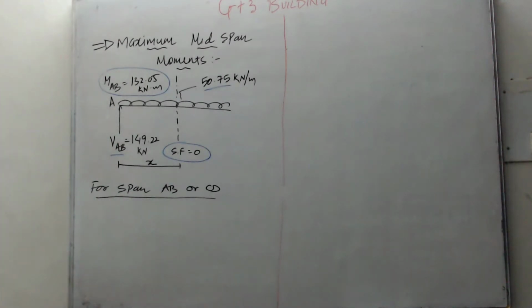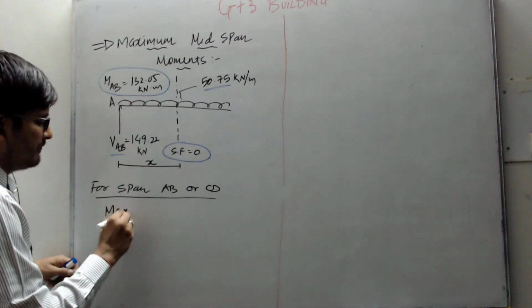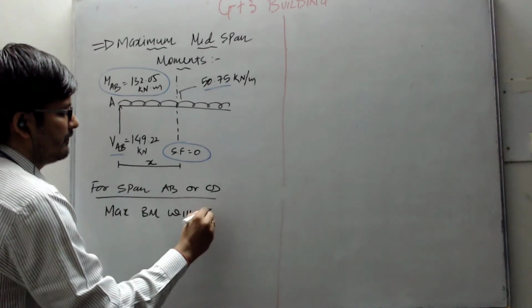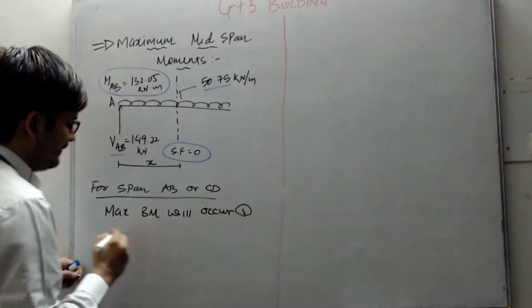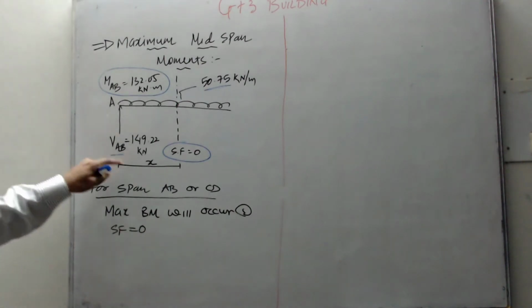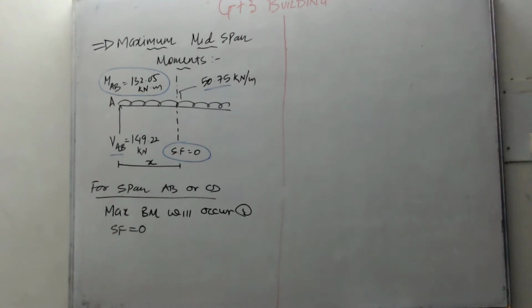Let us write down: maximum bending moment will occur where shear force is 0. Where shear force is equal to 0, at that point we have maximum bending moment. Let that distance be x from point A. We are assuming that this is the x distance from point A. Now let us take bending moment at this section,